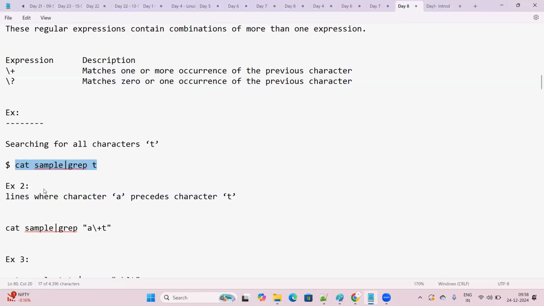In the second example, in example 2, I'm using EA. So I'm just prefixing this one. grep EA, the slash plus T, meaning we are trying to find out where the character A precedes the character T. We are searching for a pattern where the character A precedes the character T, meaning we are searching for a pattern called AT. Wherever in all the lines, if the pattern AT is found,